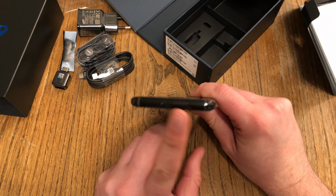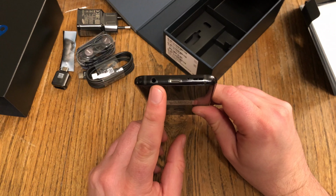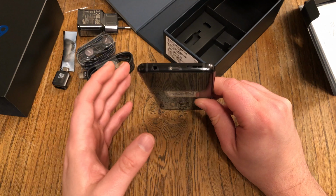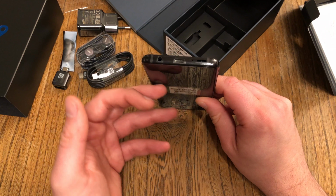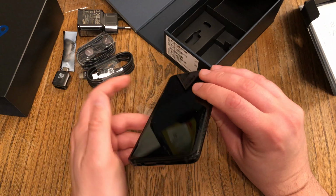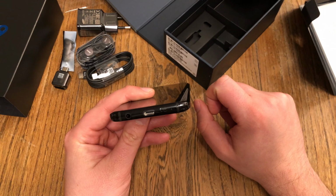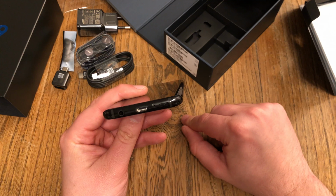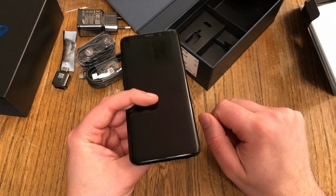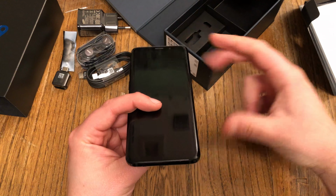On top we get a microphone, we got our SIM card tray up here, and down here we still got a headphone jack. The S9 still got everything. It's IP68 waterproof. We got wireless charging, and we still got a headphone jack. And we can put in a micro SD card if we want to, or a dual SIM, but not both at the same time. So either micro SD card and one single SIM, or dual SIM cards. USB Type-C, another microphone and a speaker, and yes, Samsung has improved the speaker. We now get dual stereo sound out of both